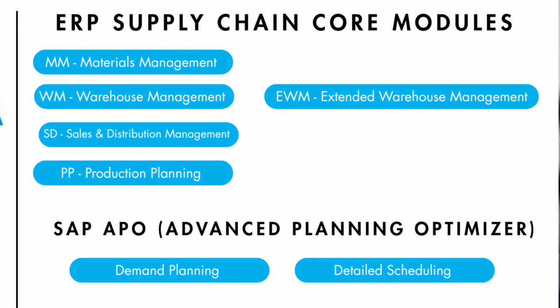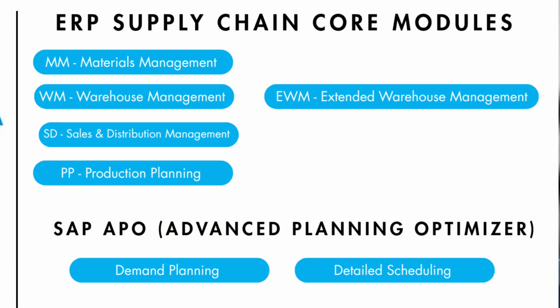Then that evolves into the next level or layer that's called warehouse management, which then starts getting into locations and storage locations and stock movements and picking strategies. And then they have the more advanced version, which I would call the best of breed warehouse management solution. It's called EWM, Extended Warehouse Management, which is, I would say, a proper WMS. Okay. So that's more from the material side of it.